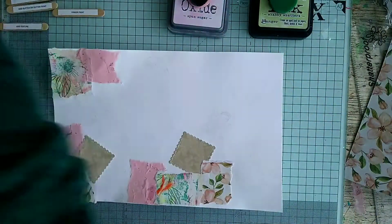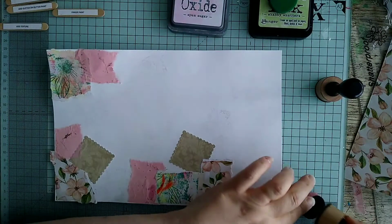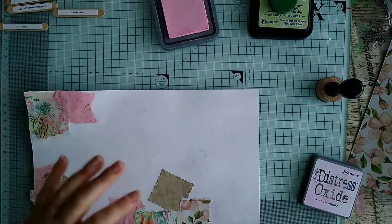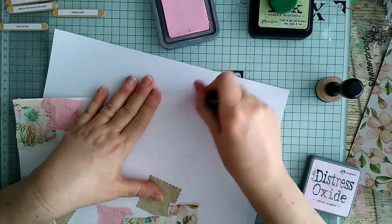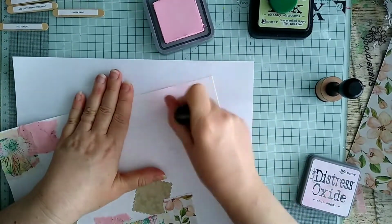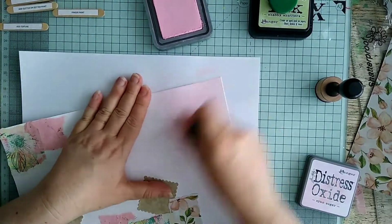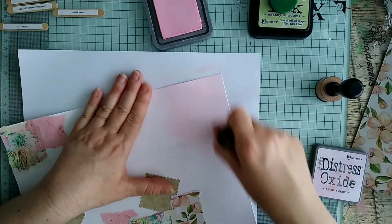See how we go with that. Don't think that's the right ink pad, but it will do. And I don't want too much green either, I don't think, but we'll just add some. Right, let's see what happens with this. My plan is to, I think I'll let that dry a bit and then